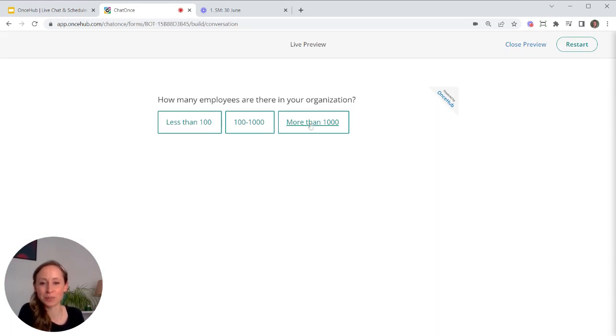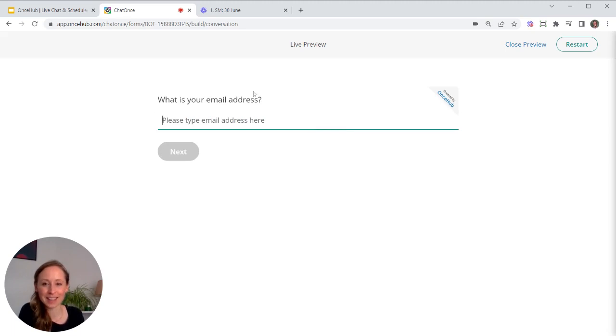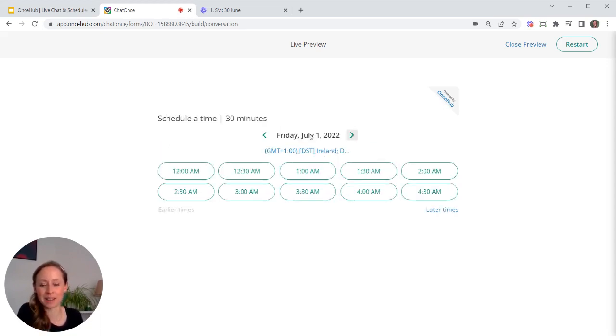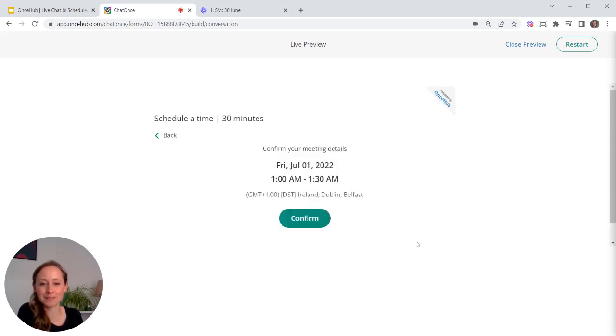So I'm going to choose more than 1,000 for company size this time. It's going to ask my email address because it needs to have this in order to schedule a meeting. So we'll say visitor@oncehub.com. And then you'll get the meeting scheduler and your visitor can pick a day and a time that suits them